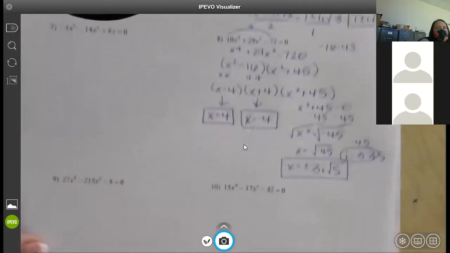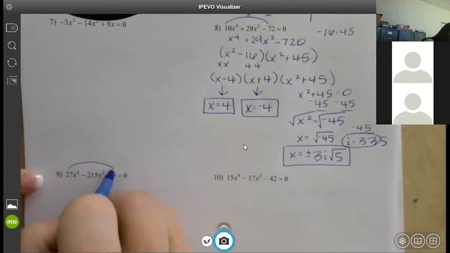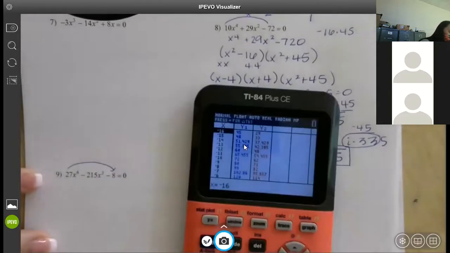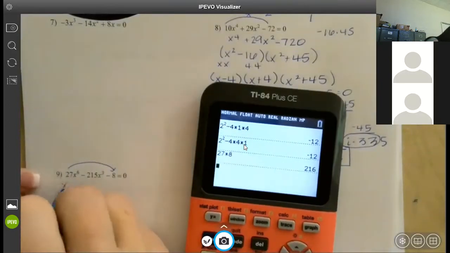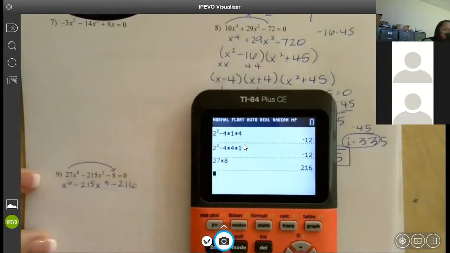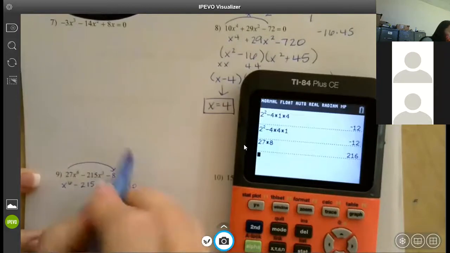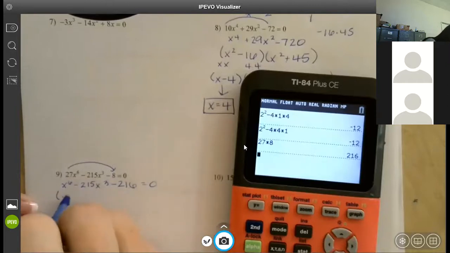Let's go ahead and do number 9 since it's right here next to this 8. 3 terms, look for a GCF. 27 breaks into 3, 3, and 3, but 8 is not divisible by 3, so there's no GCF. So we're doing our slide and divide. 27 times 8 is 216, so x to the 6 minus 215 x to the third minus 216. If you don't know this, put it in your calculator, but you're going to get a negative 216